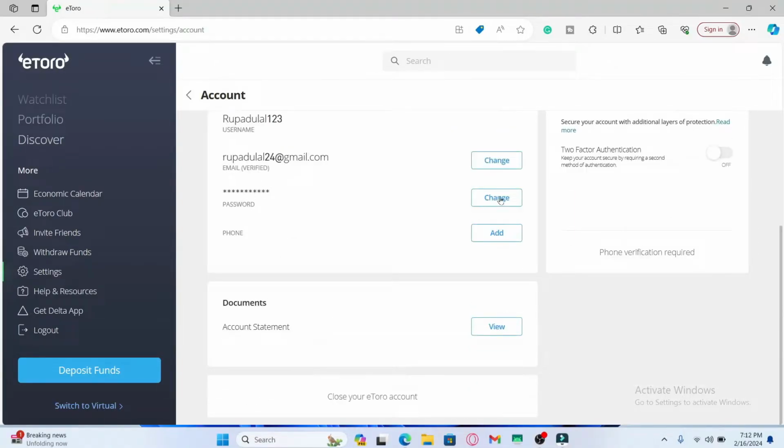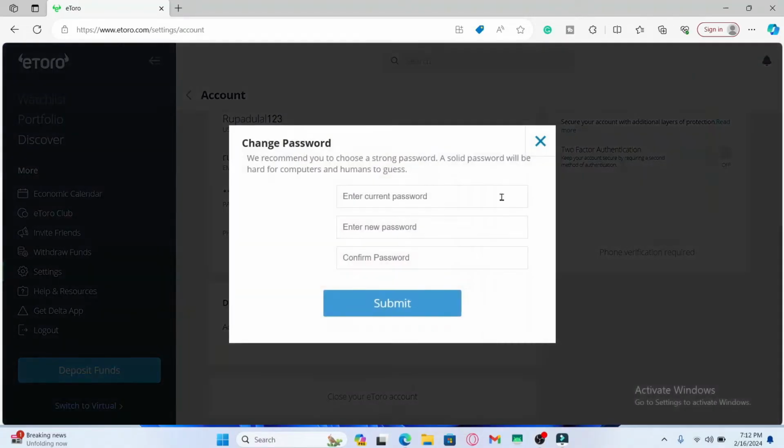Just click on the change button alongside your password and you will first of all be asked to enter your current password. Just type in the password that is associated with your account currently and then in the second box, type in your desired new password. After typing your new password, just type this password once again for confirmation in the third box